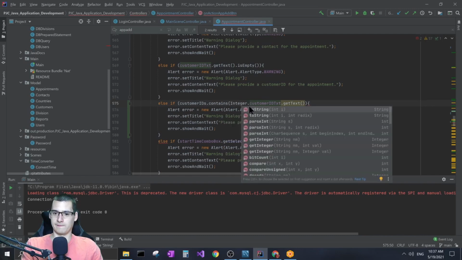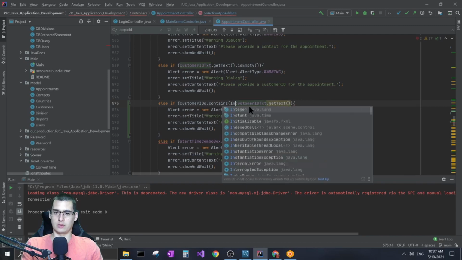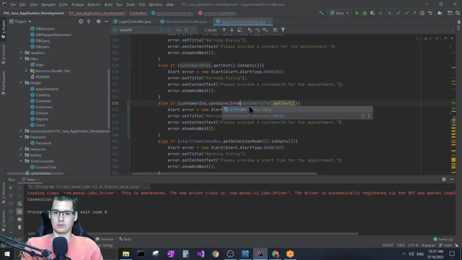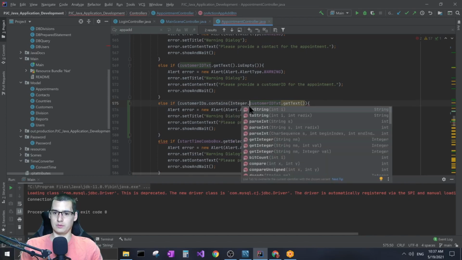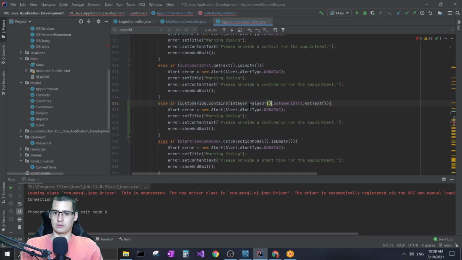Actually I want to do the opposite. I want to do, wait, no, I do want to do integer, right? Integer to string, parse string, integer. Can I do value of? Value of the string. Alright, so I'm going to get an integer, which is going to be integer value of whatever that string is. Looks like I need another one of these. Alright, so if my customer ID observable list contains the integer value of that text that is pulled from that,